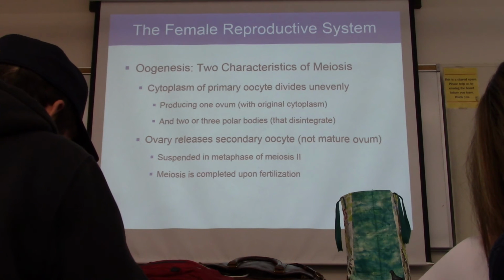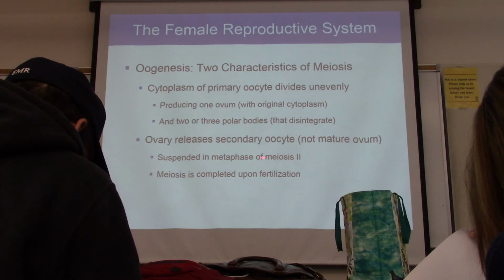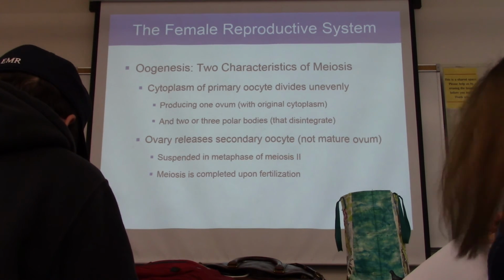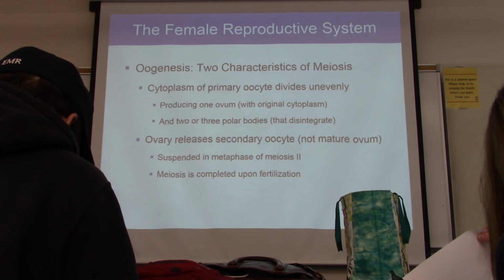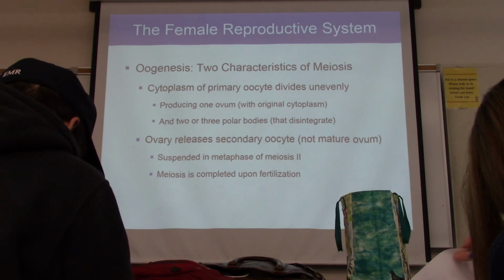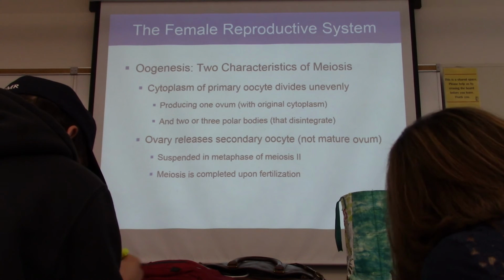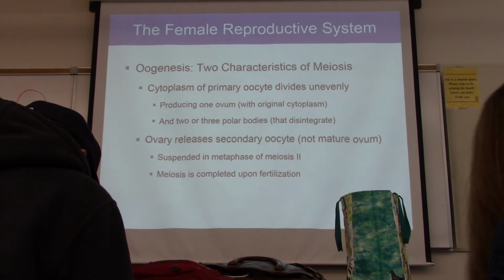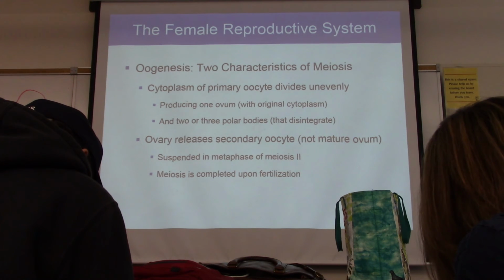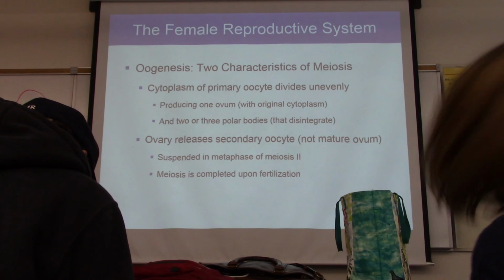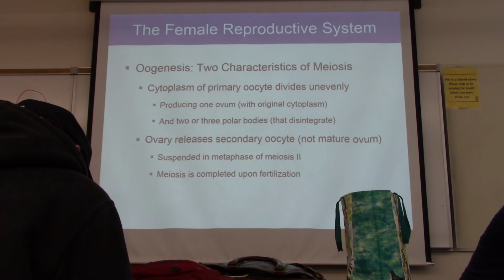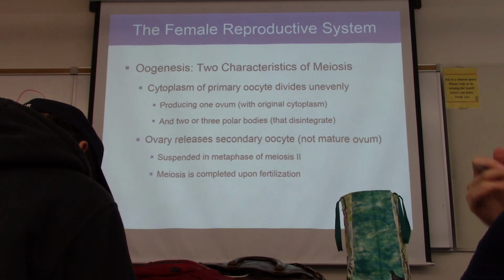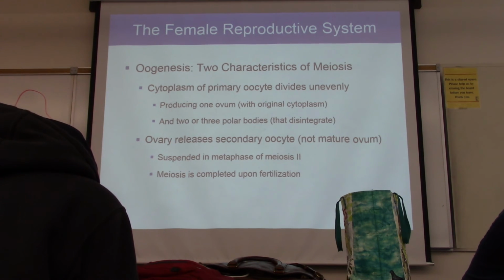So anyway, it stays suspended there in meiosis 2, in metaphase of meiosis 2, until it picks up a spermie, and it gets fertilized, and when it does that, then that signals to the egg, hey, you need to finish up meiosis to get rid of the other half of the DNA so that you're now haploid, and then you've got the other haploid that's already in there from the male, from the sperm, and then it works its way towards what's called the first